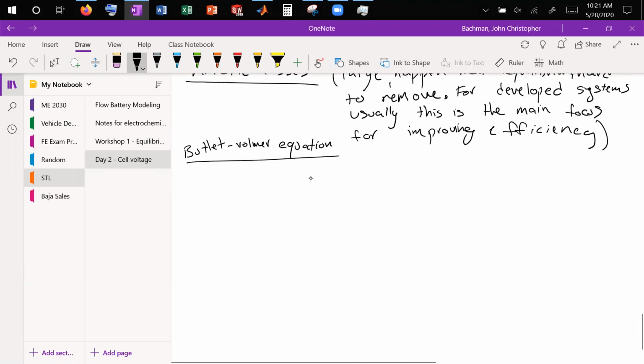I don't want to go too much into the theory today, just because it's pretty involved. But the basic premise is that if you have some current over area, so you have some current density, and we'll say that's equal to J, not J naught, equal to J. This is going to be equal to some J naught, which is our exchange current density,